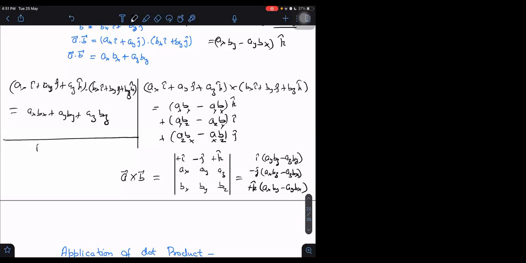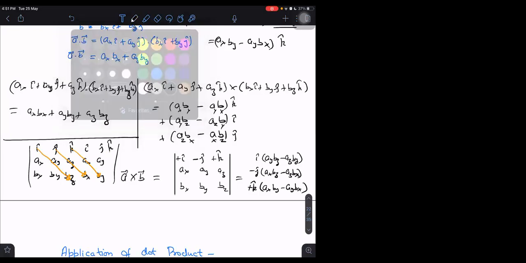In some books you will find it in this way also, i j k. They will not even take the sign the way I have taken. Ax ay az, bx by bz, and again ax ay, bx by. Now let me tell you, I can get it by this way also. Now I will do it like this simply. You will be surprised that this way also we can get the answers. Just take this, then take this, and then take this. Then after that, these three are taken. Then let us start going backwards now. Last, I don't have to write the last one here. If I want to write, you can write az bz, but that is not required.